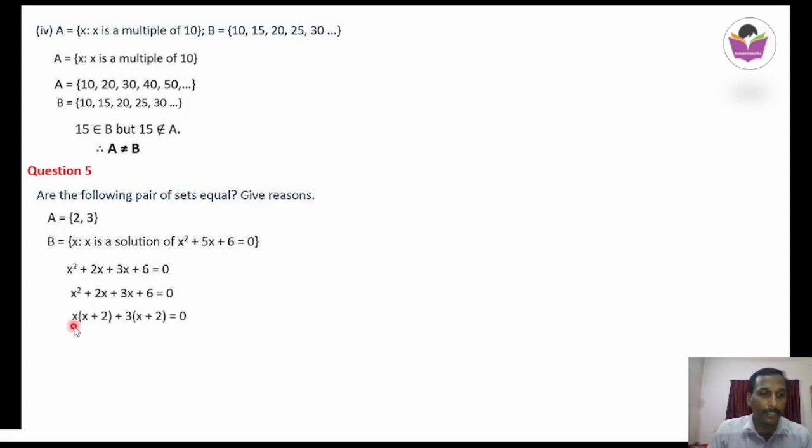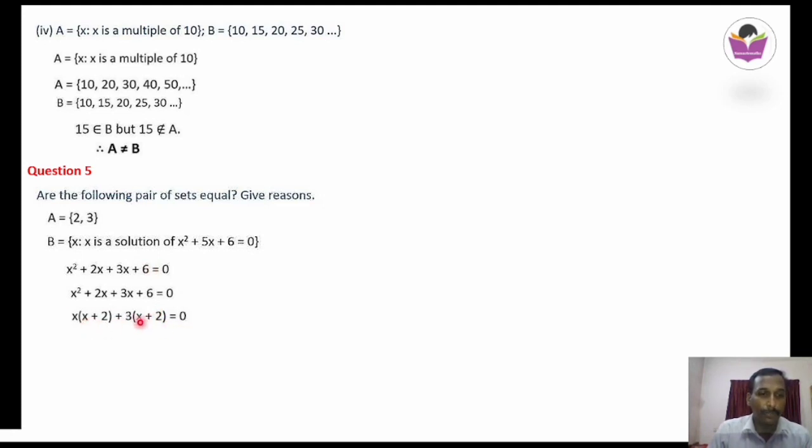Here, when you check, x into x plus 2: in the first two terms I have taken x outside. That means in the first term there is x balance and in the second term there is 2 balance. And next is plus. In these two terms there is 3 common, as I have discussed before. When you take 3 outside, from the first term x only is balance. And from the second term we will be having 2 balance, because 3 2s are 6. You know this method because we have learned this in class 10.